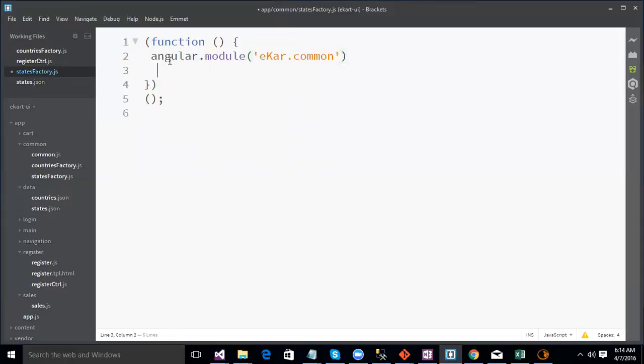Now dot factory. What is the factory? States factory, right? Inject the $HTTP, comma function of